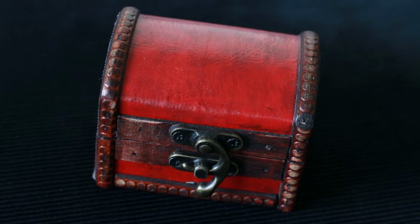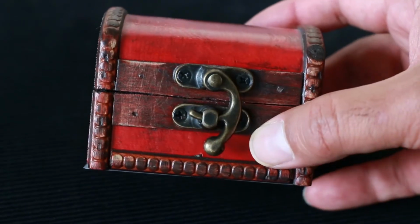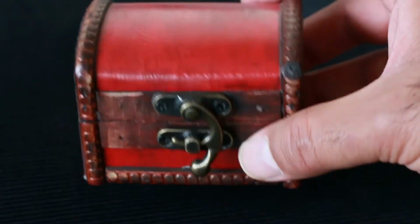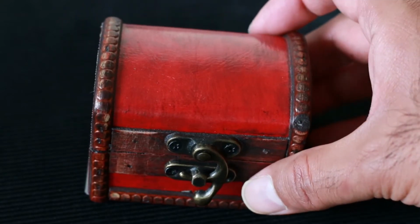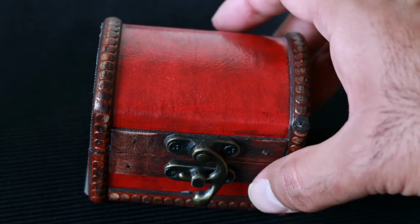Guys, today I want to do a review on this lovely box we have in front of us, but also on the spinner inside. So what is it, you may ask? Well, it was really nice to receive this in the post. First of all, this packaging is pretty unique for spinners, and I was really pleasantly surprised to see it when